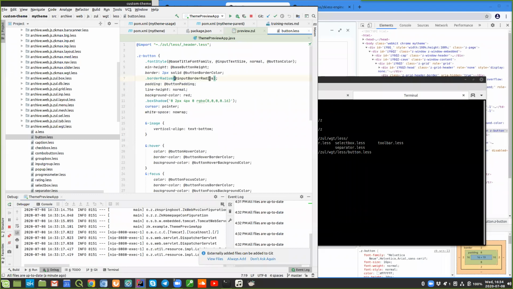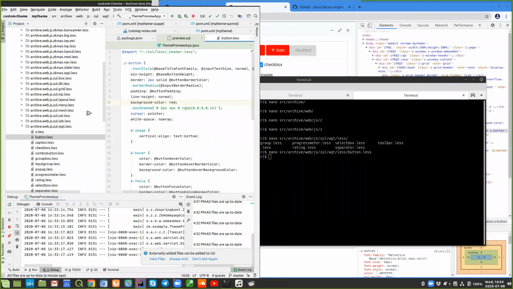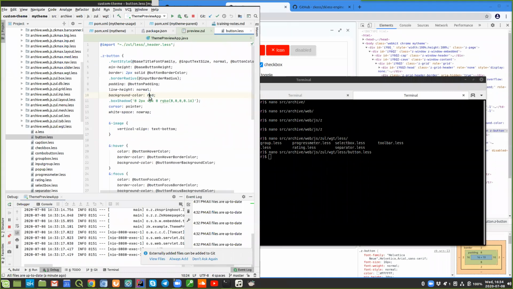Border radius, where was our background color? Red. So now if we change our buttons to maybe purple, purple, save it, it instantly changes again. So now a new feature that was asked for a lot in ZK 9.5 is